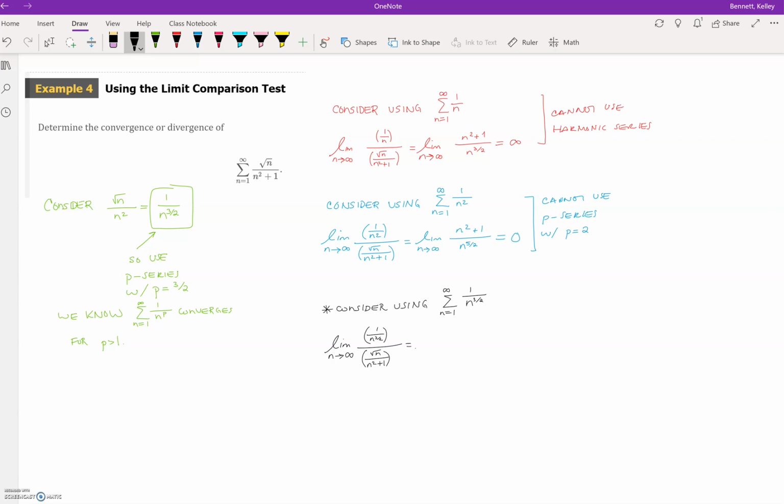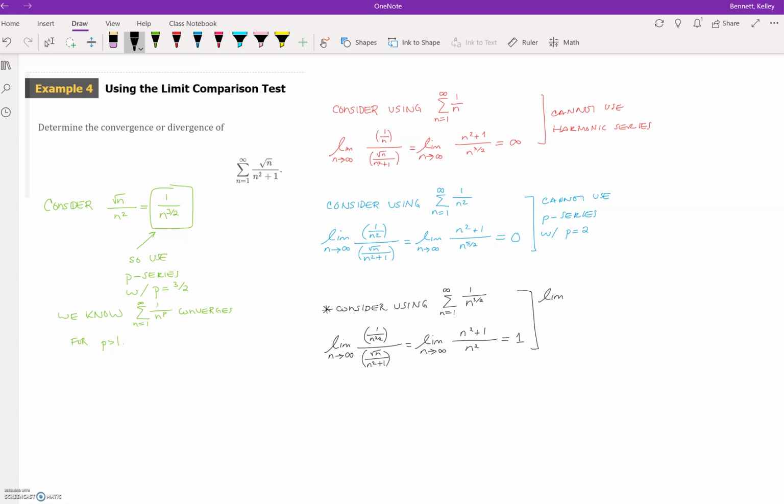And so working that out, we're going to get n squared plus 1 on top. And then on the bottom, I'm going to have the square root of n times n to the 3/2. So that's going to be n squared. And this limit is 1, which is great because now we have that